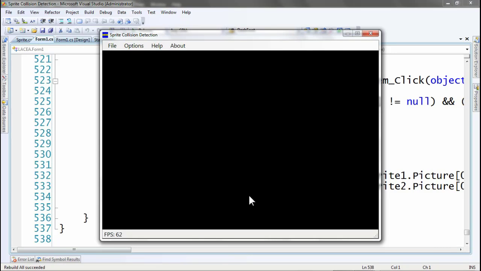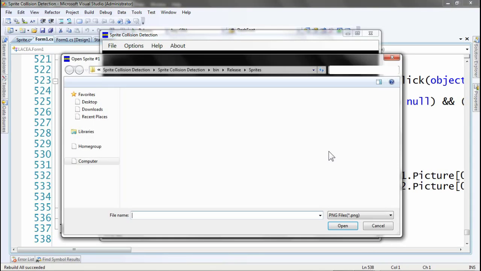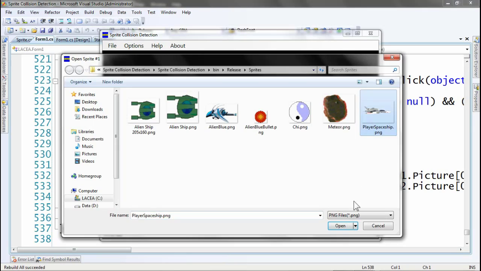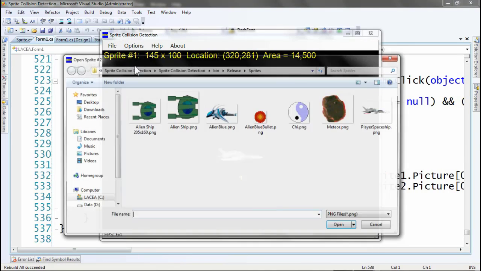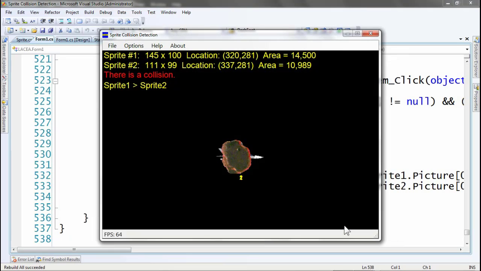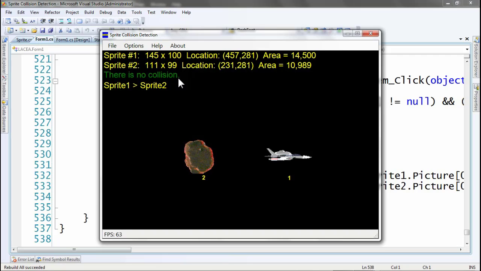Let us open and load the first sprite. Next, let us open and load the second sprite. The message "There is a collision" indicates a collision. I move the sprite number 1 by using the arrow keys, and I move the sprite number 2 by using the keyboard keys WASD.